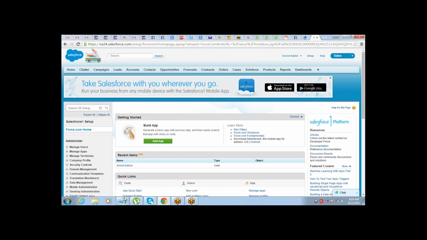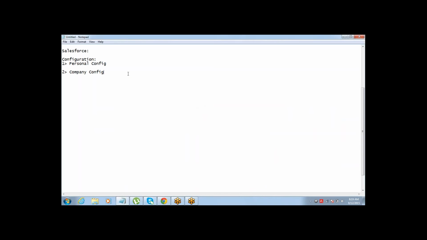Right. So let's begin with the company setup, and the personal setup is not something very big. Or let me start with personal setup. So in personal setup, you just have simple, small things to be done. Like you can edit the name, email, the username, and your nickname, and your time zone, which time zone you work in, and the language.